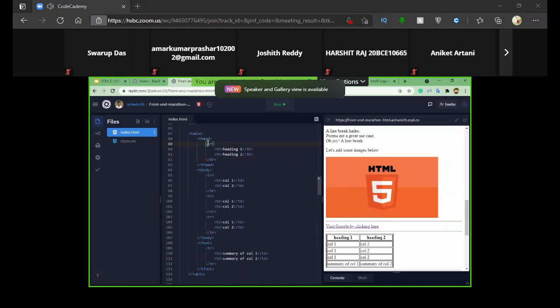TR is nothing but table row. So whatever we have to provide inside this table, we have to wrap it inside a table row, even for the head as well as the body of the table. As you can see over here, for the heading part, we have used TR followed by TH. TH is nothing but table head, and over here in the table body, we have used TD. So we have wrapped it inside this TR tag. I hope that is clear now.